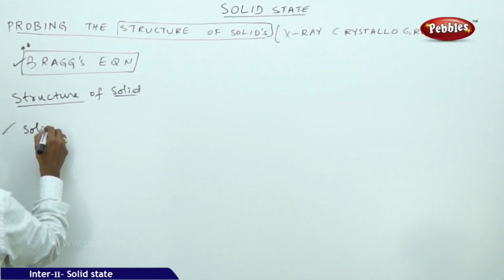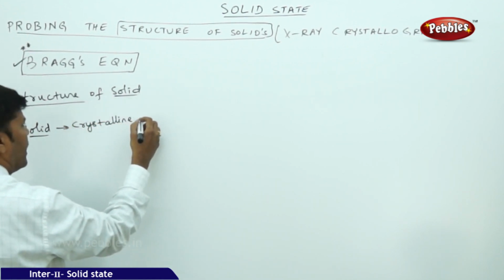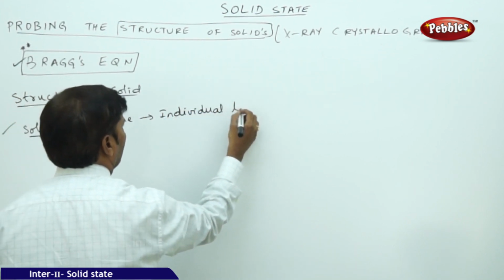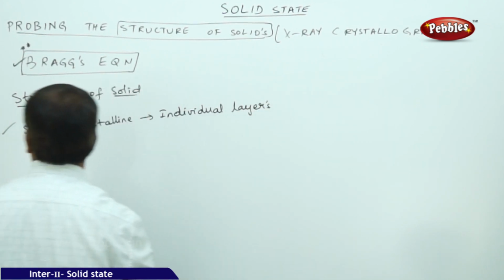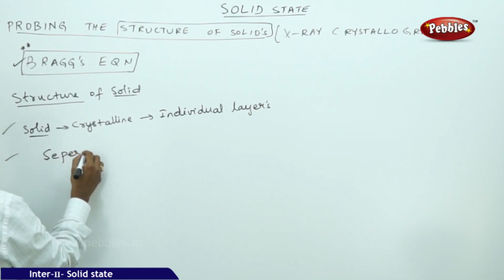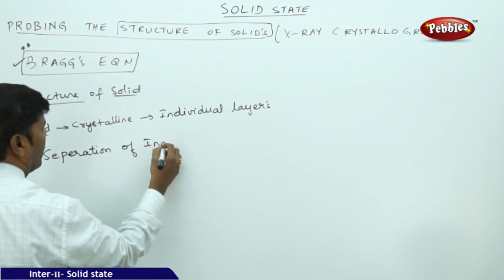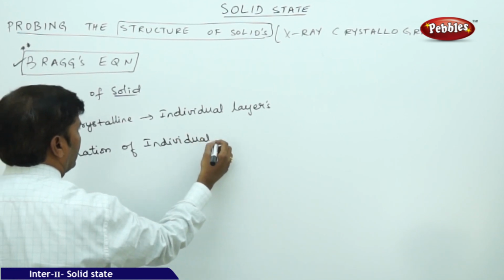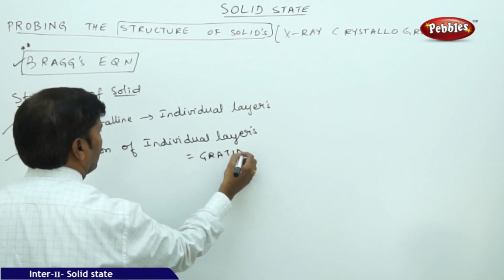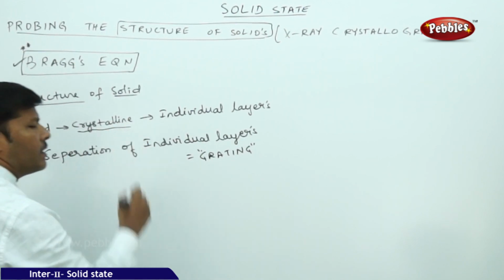the solid is always crystalline in nature. It is crystalline, and it has individual layers. Actually, if you take these individual layers, the separation of individual layers results in a grating. And what is happening here is, because we are saying that all solids are crystalline, usually